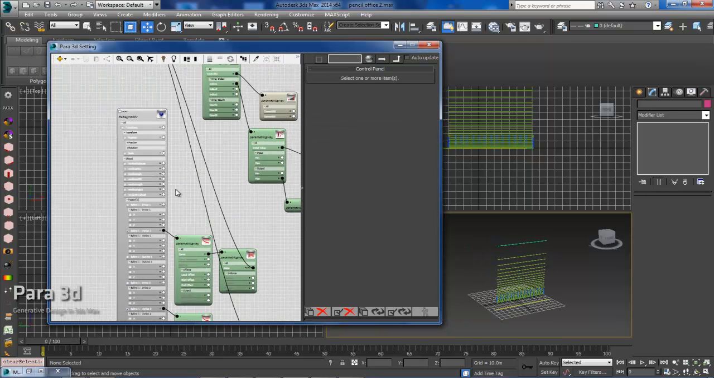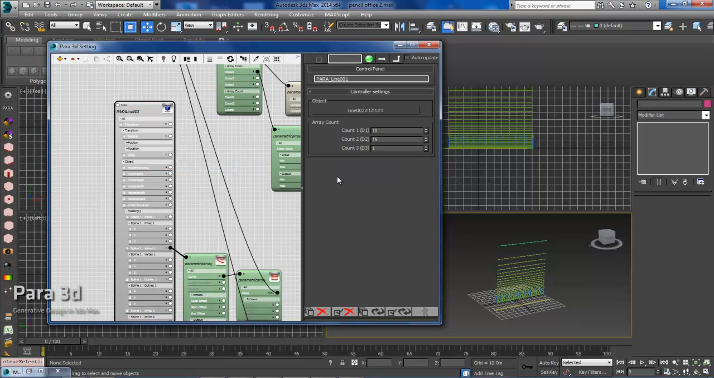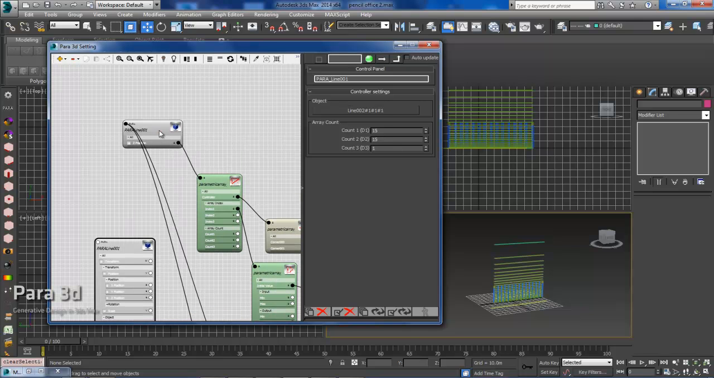We'll need to go to the original node and uncheck all. So now we can see the count. And we'll reduce the count. Oh, sorry, we'll increase the count to 15. Okay, so after we increase the number in D1, we'll need to go back to the horizontal members,